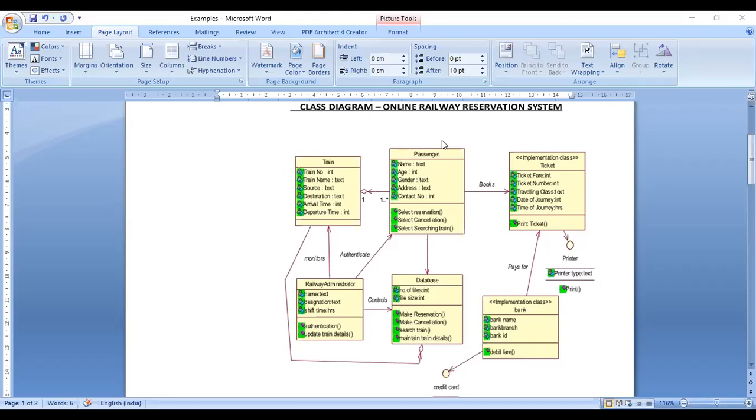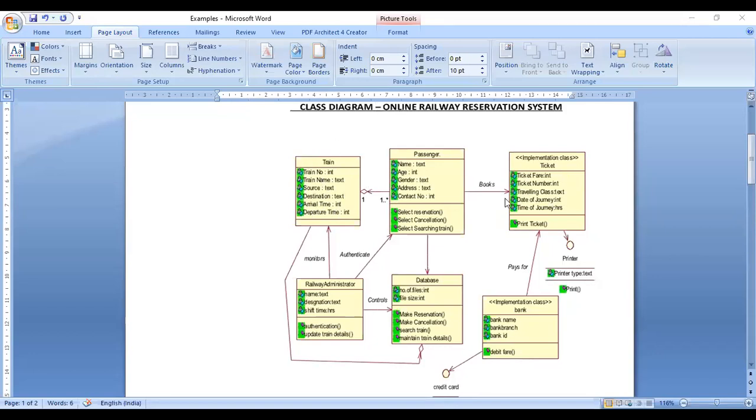So this is our small example about what a module is, and what module functionalities and responsibilities are. If we take another module, the train module, what does it have? A train number and train name, the source, from which place it starts and which place it will reach, then the arrival time and the departure time of that particular train. These are the details of a train module.